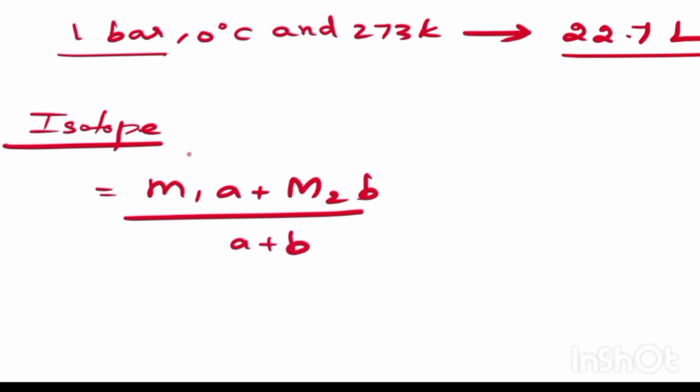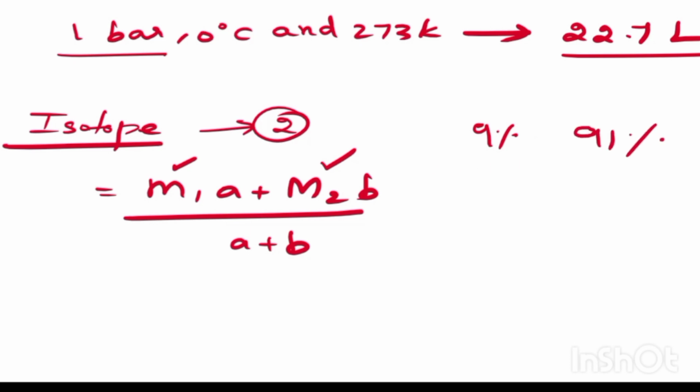Here, in case they have given a number of isotopes, for example, chlorine, consider chlorine, it has 2 isotopes, right? So M1 is the mass of the first isotope and M2 is the mass of the second isotope. So what is A and B here? They'll give you, like chlorine, the first isotope of chlorine occupies 9% and the second isotope occupies 91%. Okay, so this A is the 9%, that is A is the percentage abundance